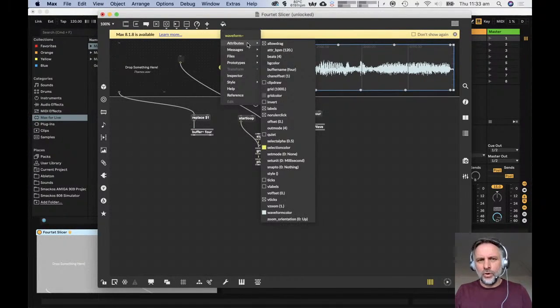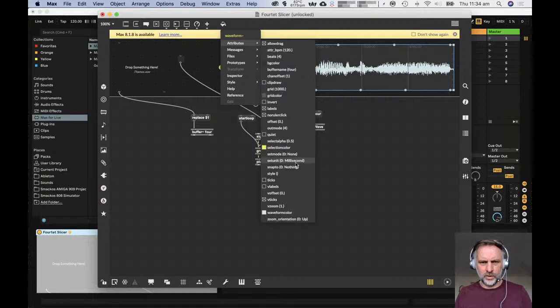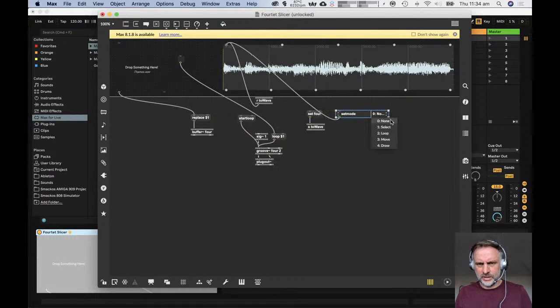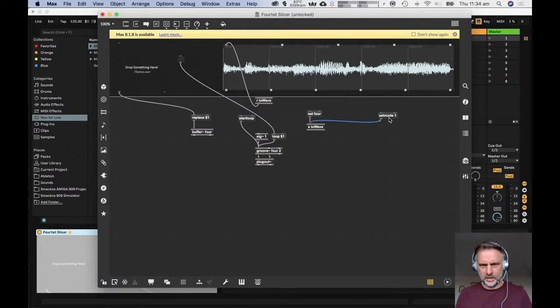Now the waveform object needs to be set so that I can select areas in it, and so if I go to the attributes drop down here for waveform, we can see that we've got a set mode attribute here. If you can see the problem, right? If I check this out, it says set mode 0 is do nothing, set mode 1 is select. So if I set the mode to 1, I can select areas on the waveform object. So rather than do that, what I'm going to do is use the message set mode 1, send it to the waveform object,